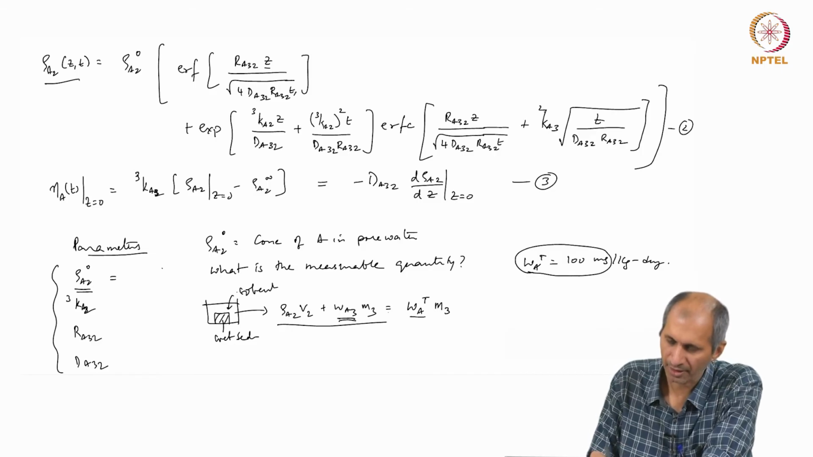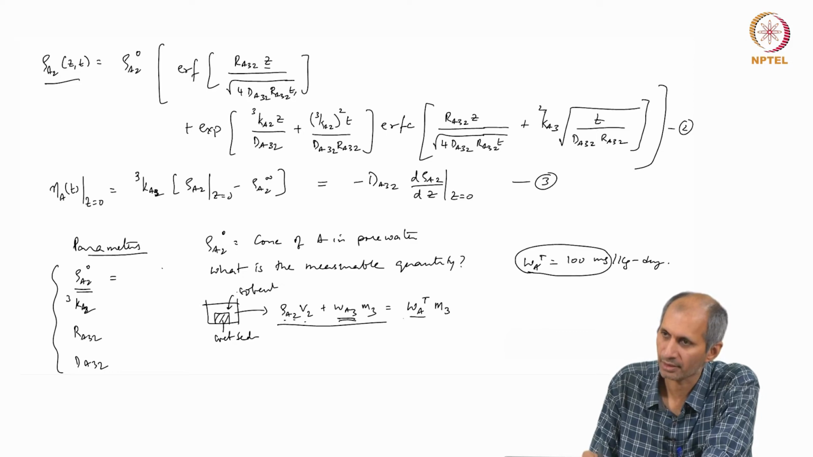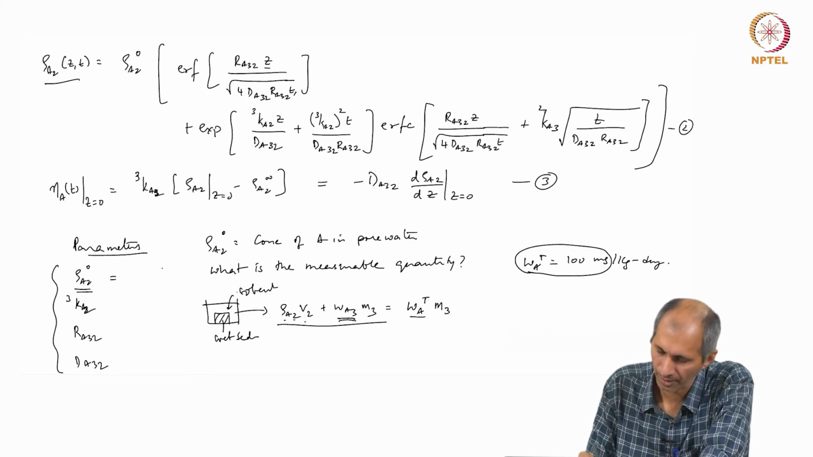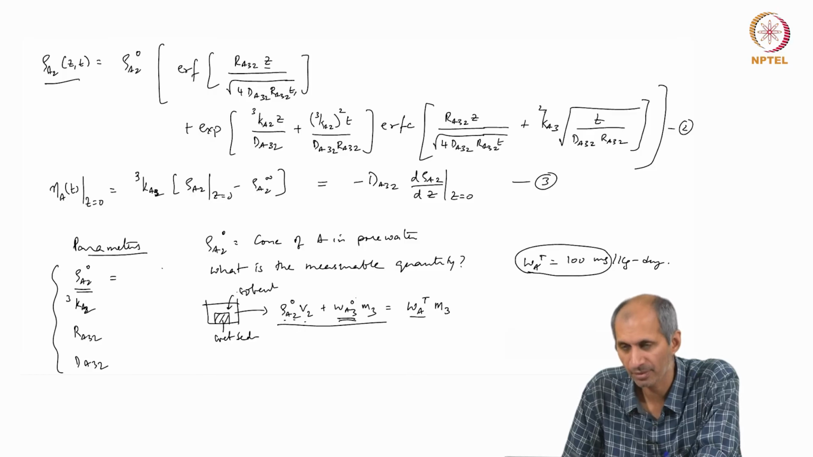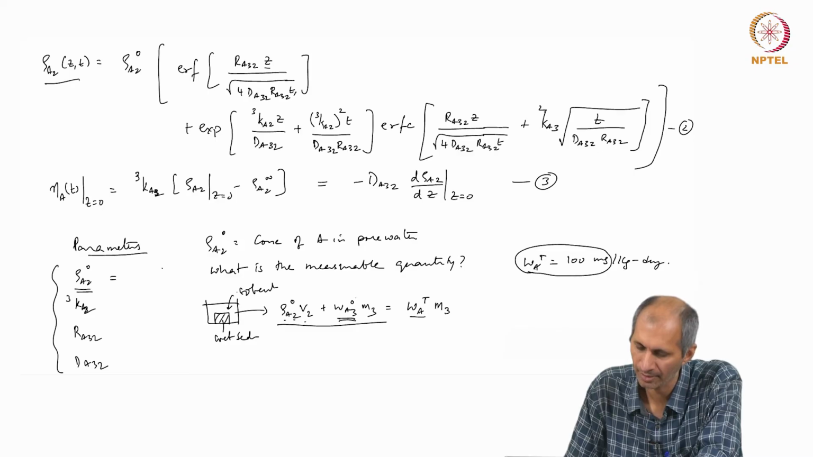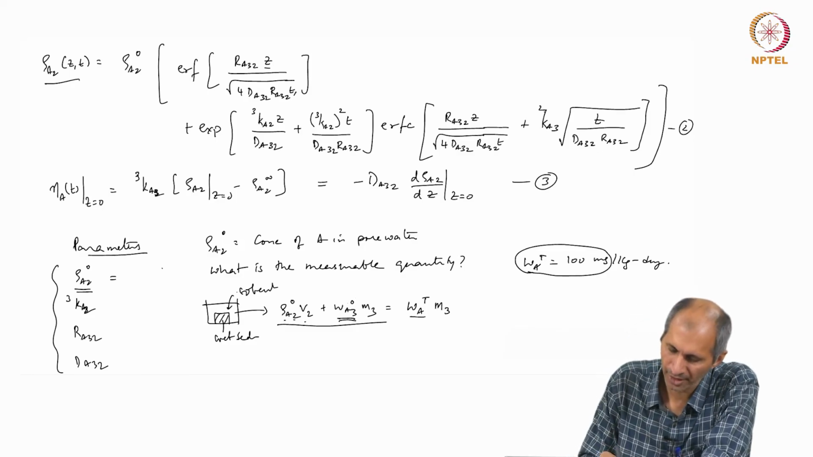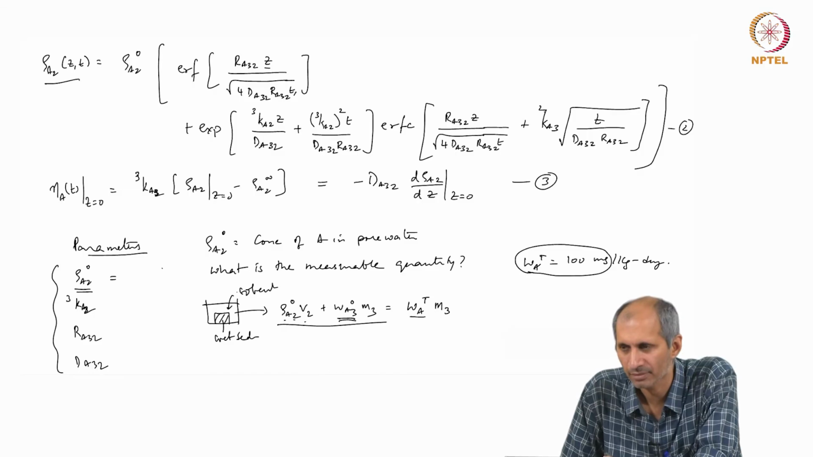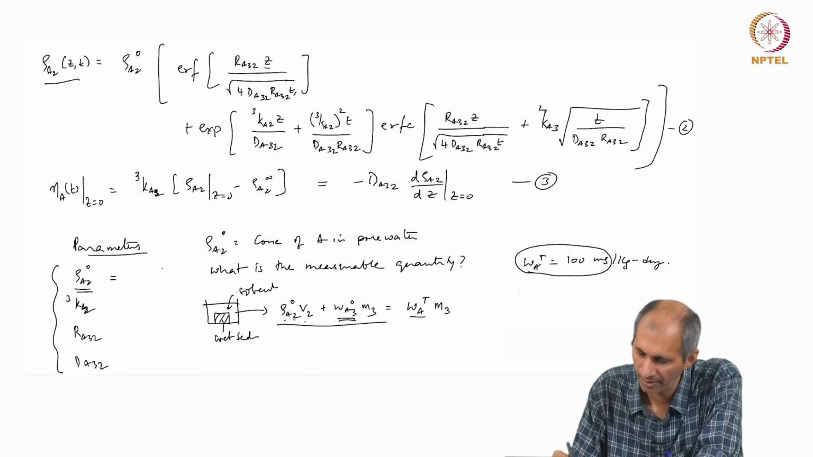So my mass balance is this: rho A2 into V2 plus WA3 into M3 equals this. Okay. So, we are talking about this. In other words, we are saying rho A2 0 V2 plus WA3 0 M3 equals WAT M3. And we are also saying, if you use the local equilibrium assumption, that these two are in equilibrium. Rho A2 is in equilibrium with WA3 0, which means that rho A3 equals